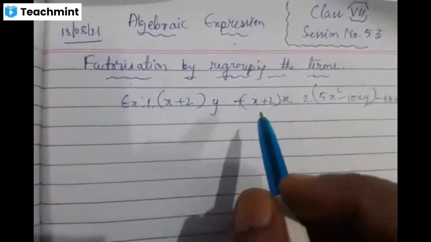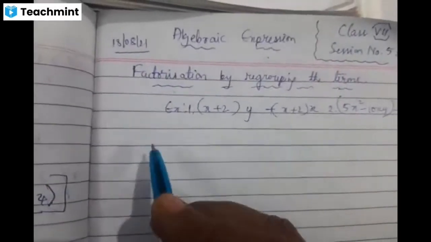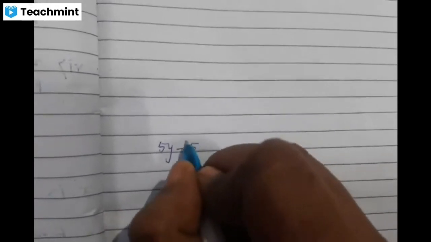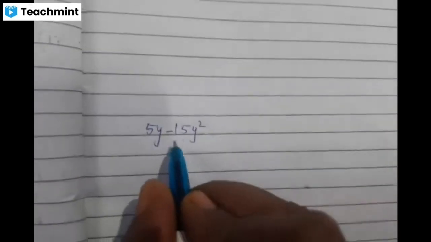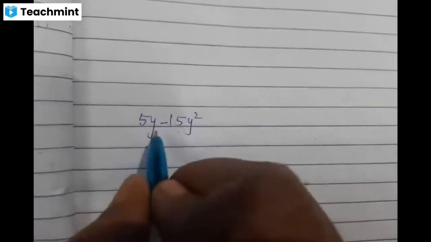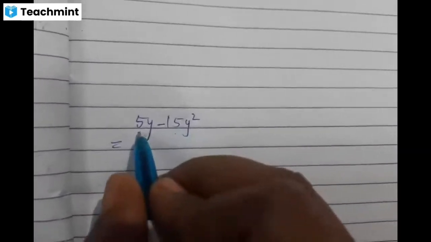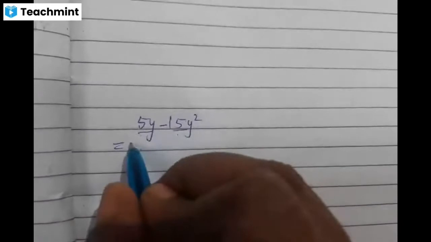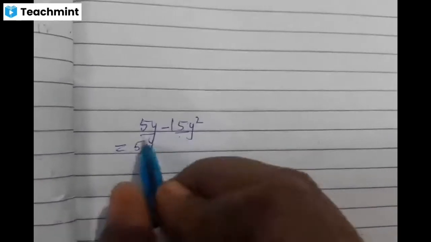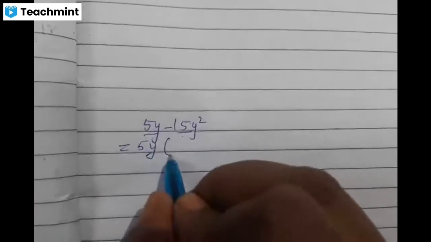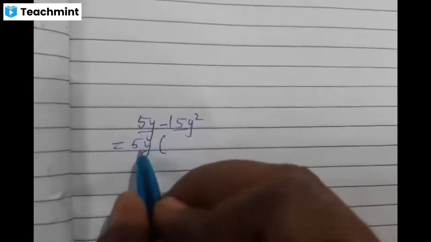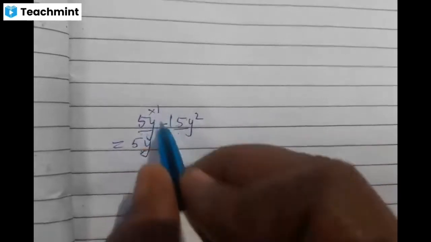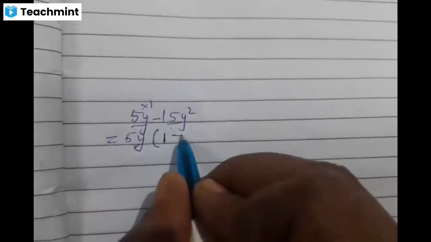In yesterday's class, we understood how to factorize a given algebraic expression. For example, 5y minus 15y square. If you are asked to factorize, what do you do? You take out the common terms between these two terms. What is common, children? HCF is 5y. So we take out the common factor outside the brackets. If nothing is left, always 1 will be there, children. So 1 is kept inside, minus